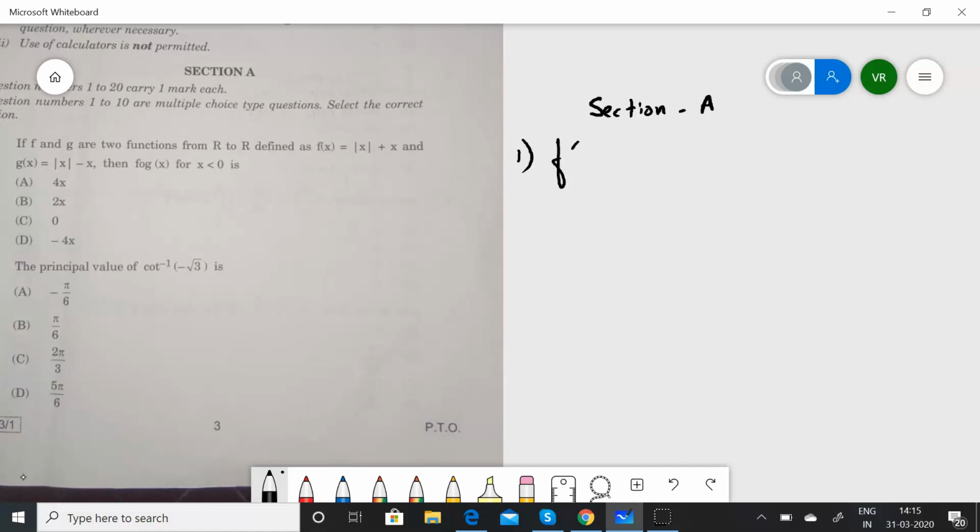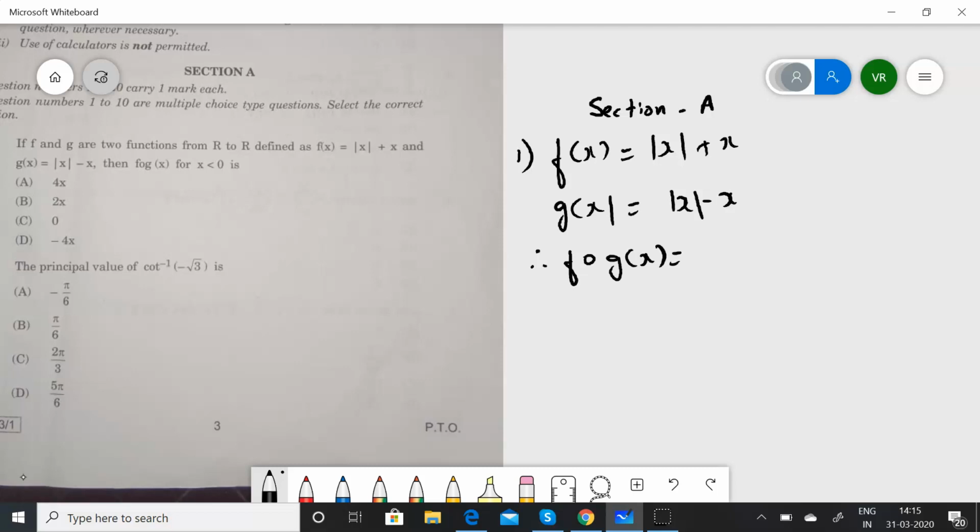f of x is equal to mod x plus x and g of x is mod x minus x. So therefore f of g of x is equal to mod of mod x minus x plus mod x minus x. Now let us expand this. That would give you